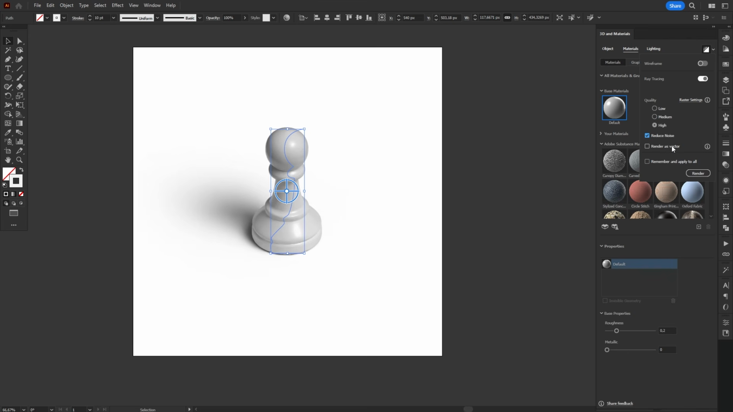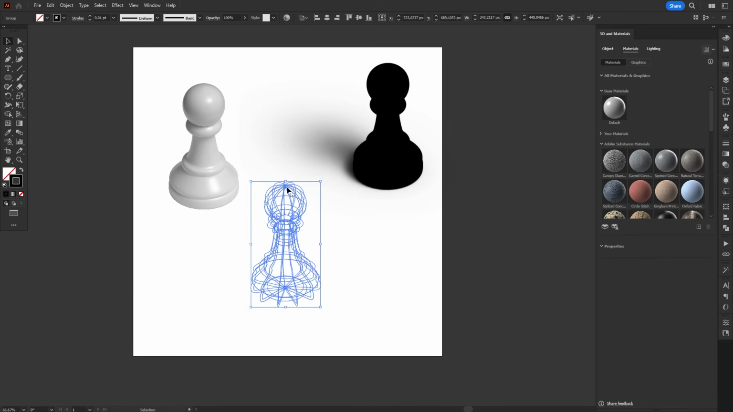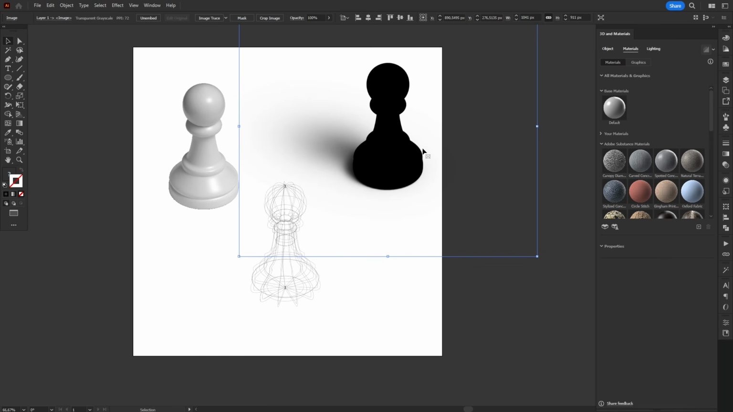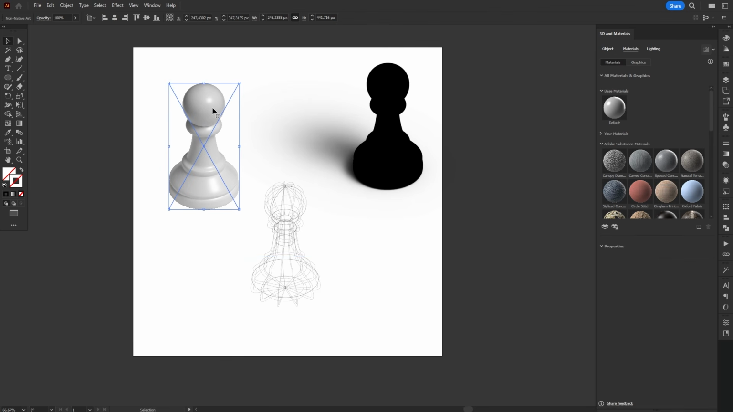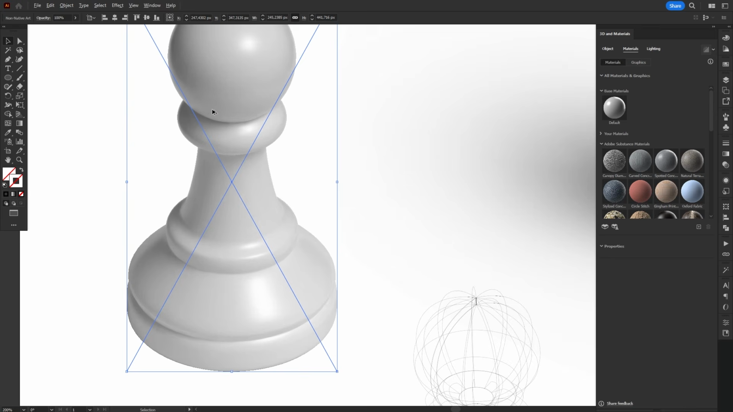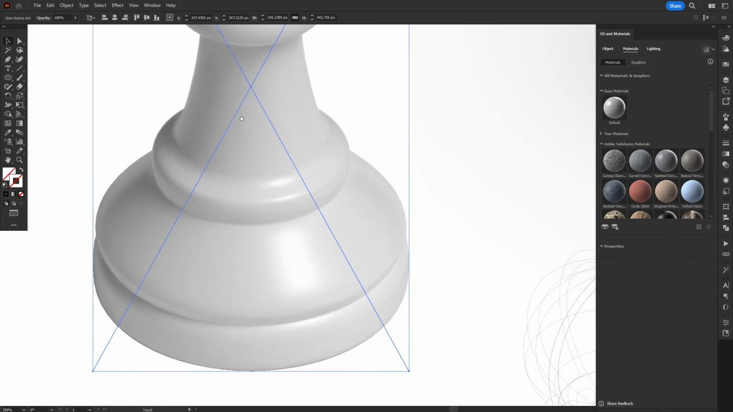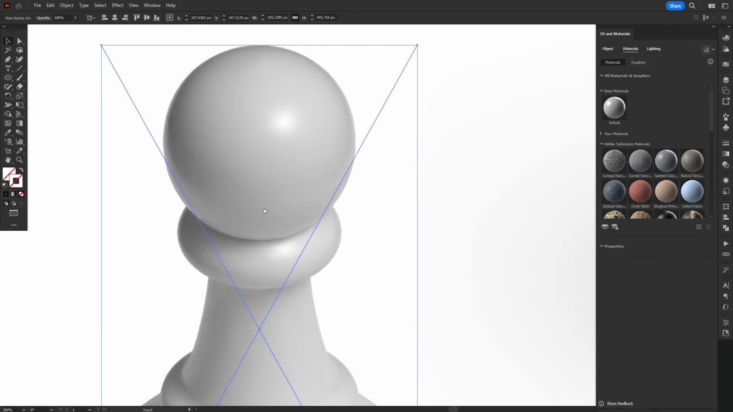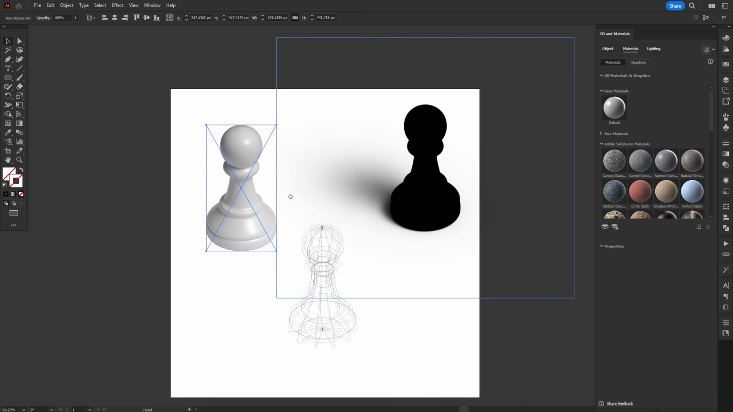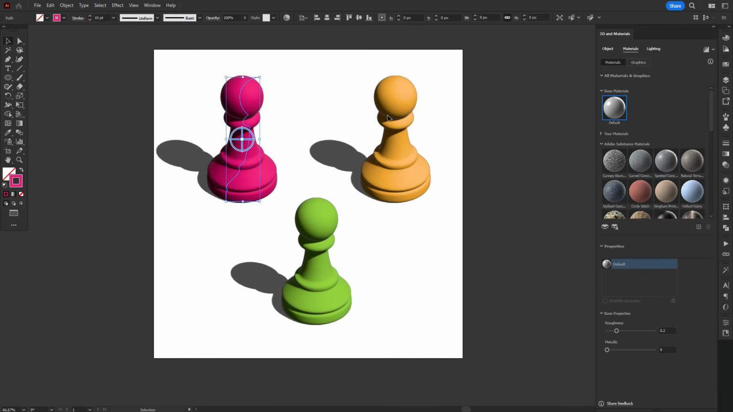The render as a vector option is kind of a weird one. It will generate a wireframe of your object, rasterize the shadows, and create this image here. I'm not sure what this image is. It's not rasterized because it doesn't pixelate when you zoom, but it's also not a gradient mesh. I honestly don't know. Lastly, we have the Remember and Apply to All option, which will update all 3D objects